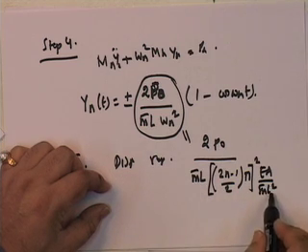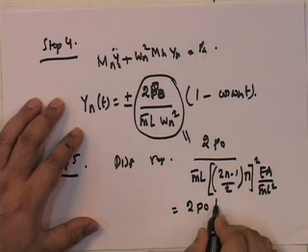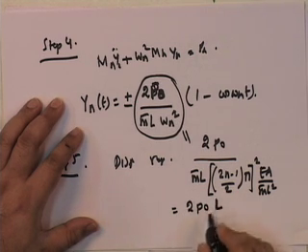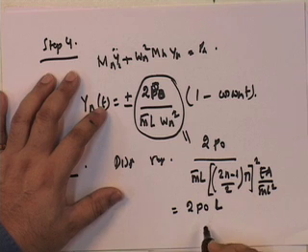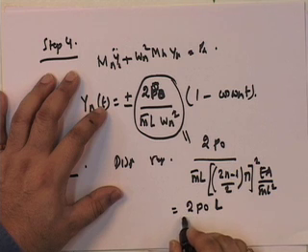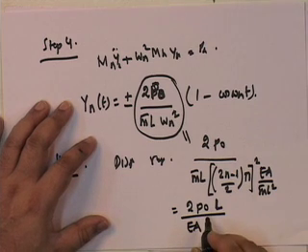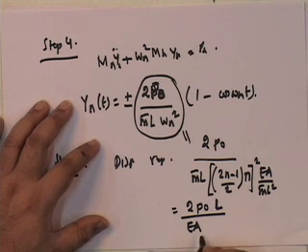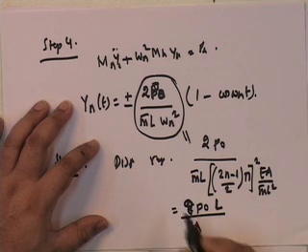So, m bar cancels, and this becomes equal to 2 P naught L upon EA into, now let us see, this becomes 4. So, this becomes 8, and so this becomes